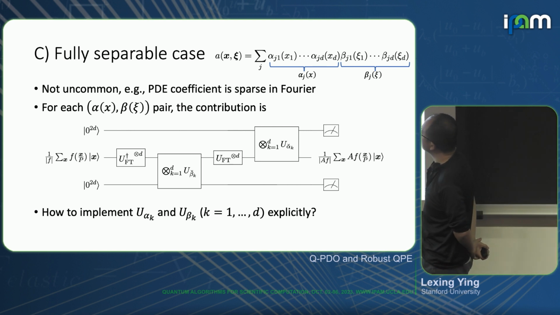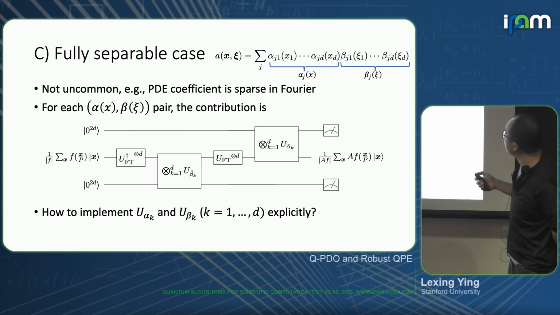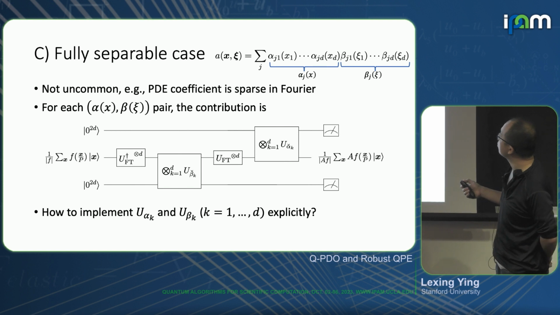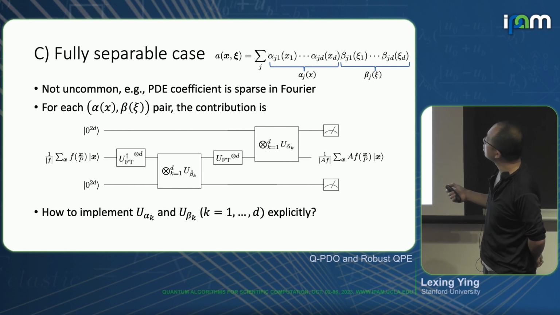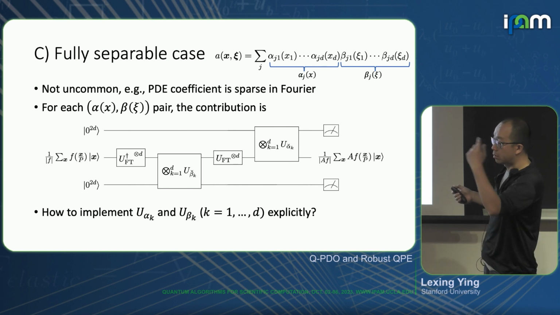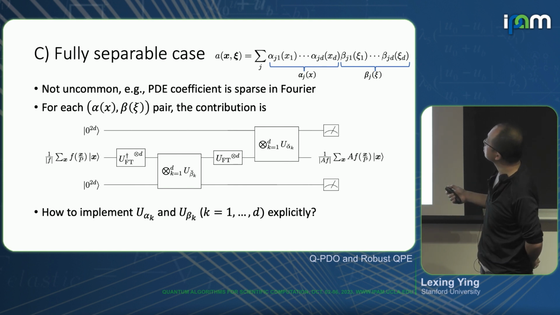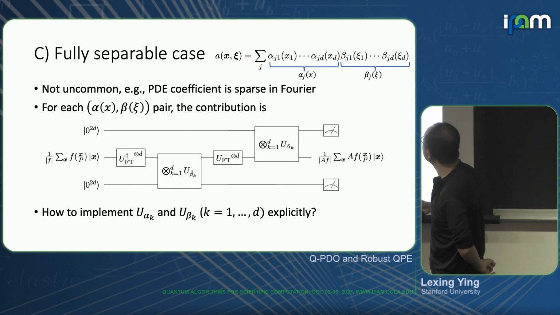Now, finally, let's talk about the fully separable case. Again, let me remind you, fully separable means that this alpha j of x itself can be represented as a bunch of functions where each slot only depends on one single dimension. So this is alpha j1 of x1 through alpha jd of xd. Here, the first index j corresponds to which mode I have in the original low-rank decomposition, and the second index, 1 to d, corresponds to which dimension it refers to.